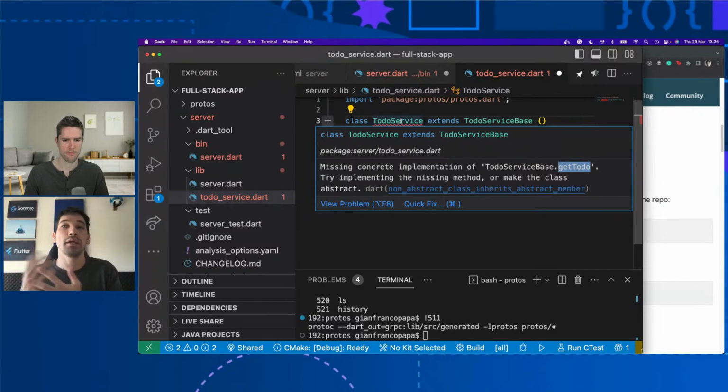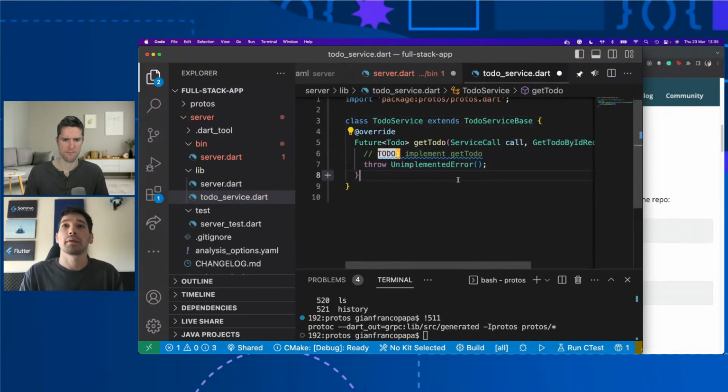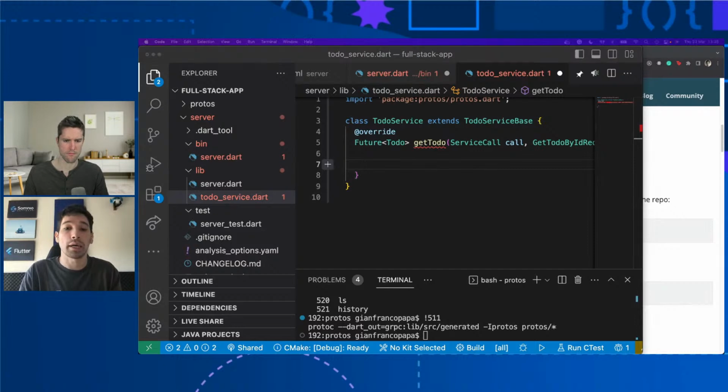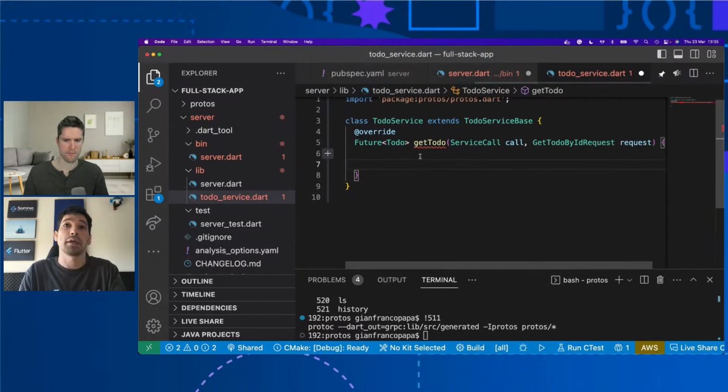You need to implement those methods, so we can basically override them. And in this case, basically what we can do is just return a to-do, right? Like a hard-coded to-do. So we can have a basic implementation of this method that is returning a to-do, okay?